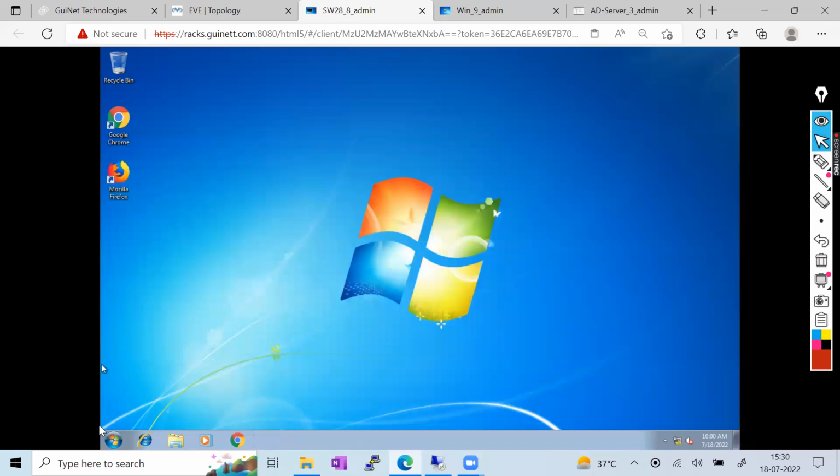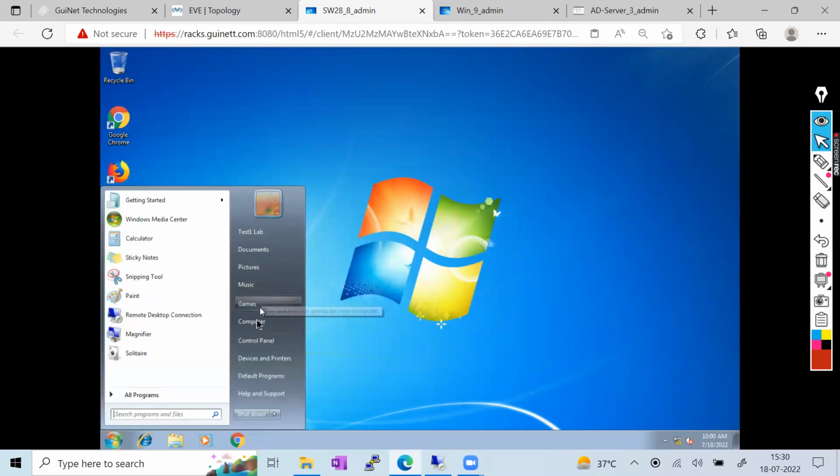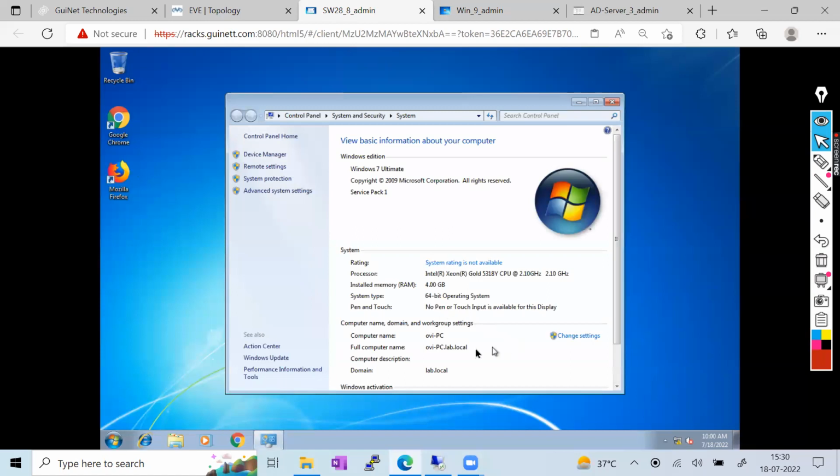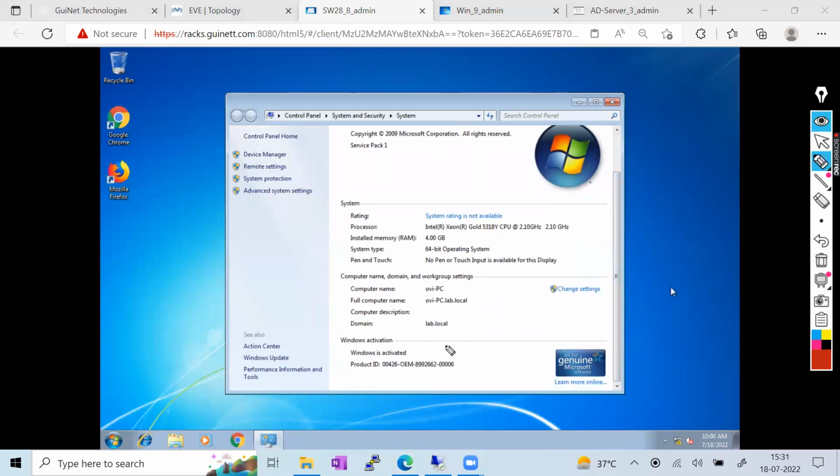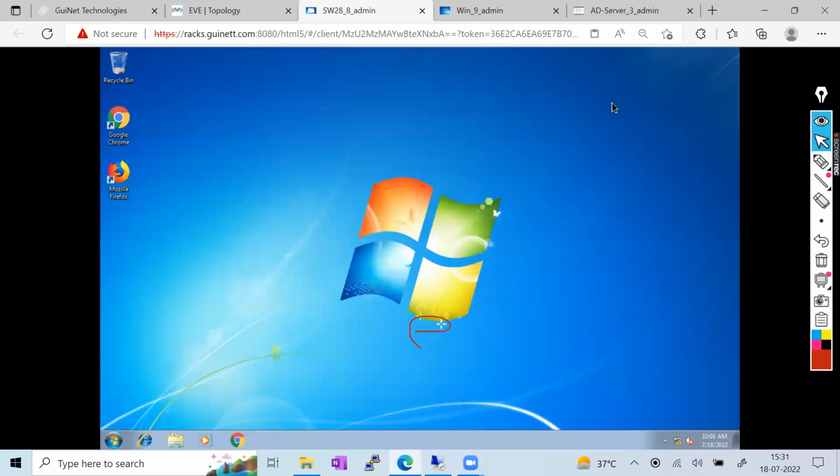And if you click on My Computer and go into the properties, you can see this PC has joined the domain, and the domain name is lab.local. So this is a fully functional PC, and it is based on the domain, not the local credential. It has been joined there. Now we successfully